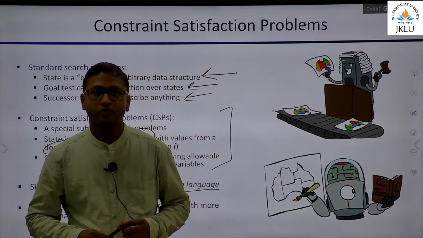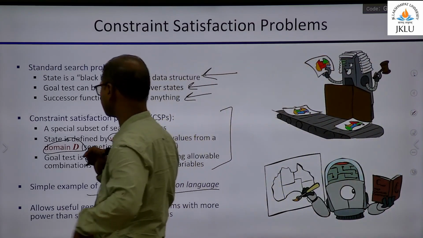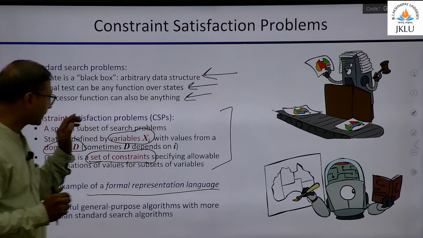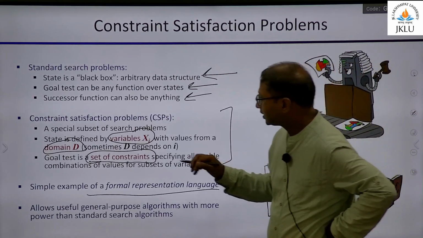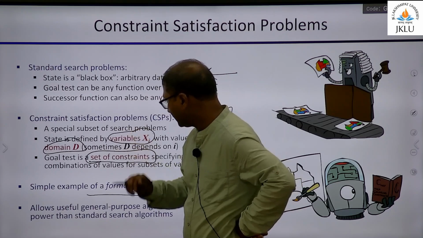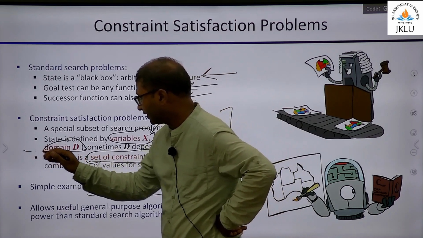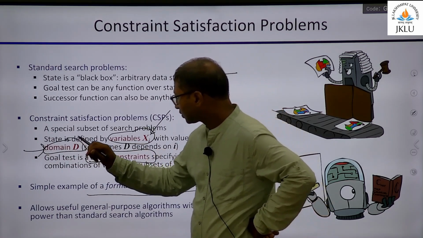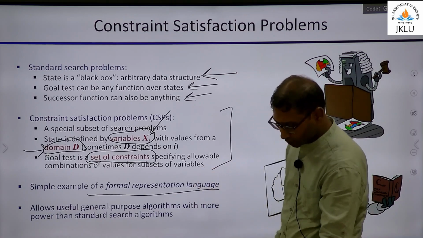Okay, so we were talking about CSPs in the last class. This is what we have to remember, as it's a special subset of search problem, so we are still continuing our topic of search. State is defined by variables xi with values from a domain D, and D sometimes depends on i. So basically variables xi and domain D. Goal test is a set of constraints specifying allowable combinations of values for subsets of variables. Right? So we had seen